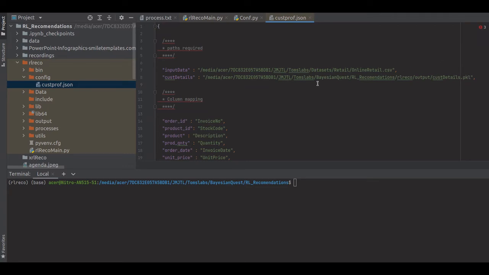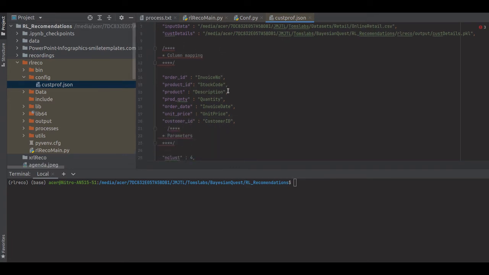During the prototyping phase you would have seen the processed customer details file. So now what we will do is run the same process and save this file as a pickle file. So these are the paths which you add. The other is just a column mapping.